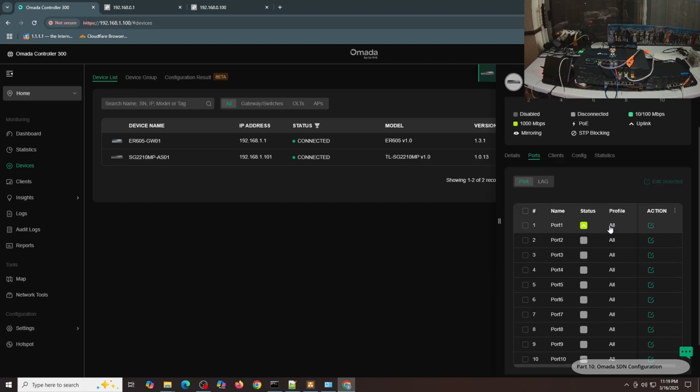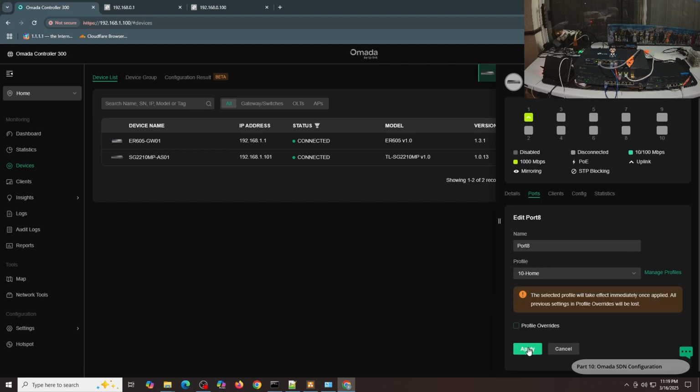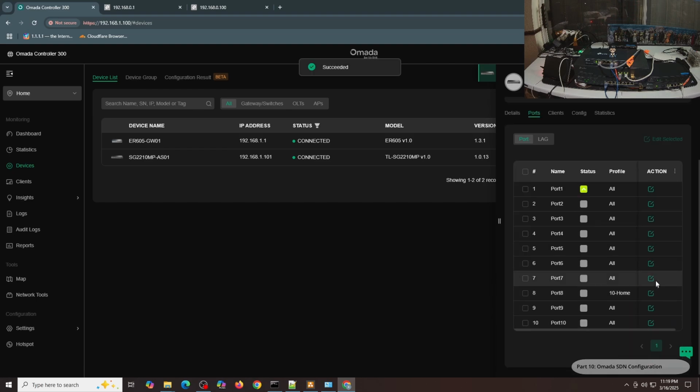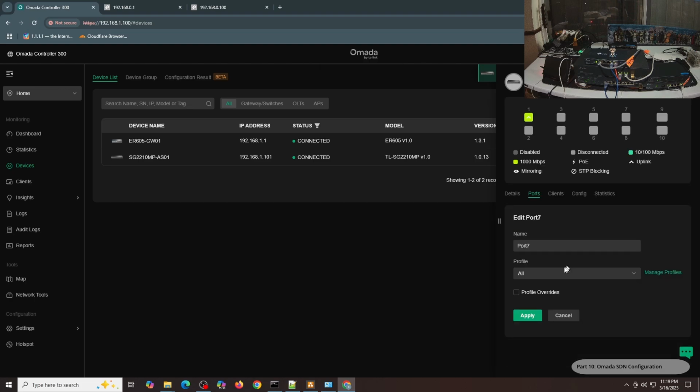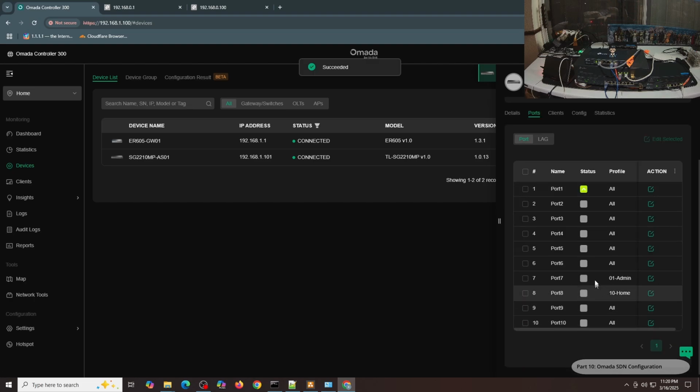Since VLAN 10 and VLAN 1 are flowing in here, I'll select port 8 as VLAN home. I'll click apply. I'll select port 7 as admin VLAN and I'll click apply. So I'm going to put my cable to port 8 first, and my IP should be changing to 192.168.10. And if I move my cable to port 7, I'm going to get my IP from the system VLAN, which is